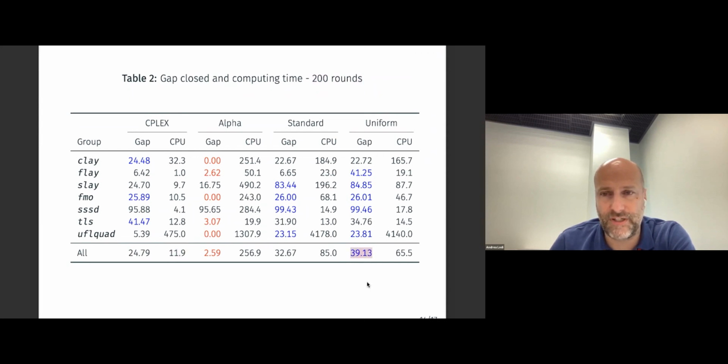In particular, at this point, the uniform is doing better, and it gets to, on average, 39.13% of gap closed, which is 15% more, in a computing time which is 65.5 seconds, which is roughly 6 times more than what Cplex will take to generate those 200 rounds of